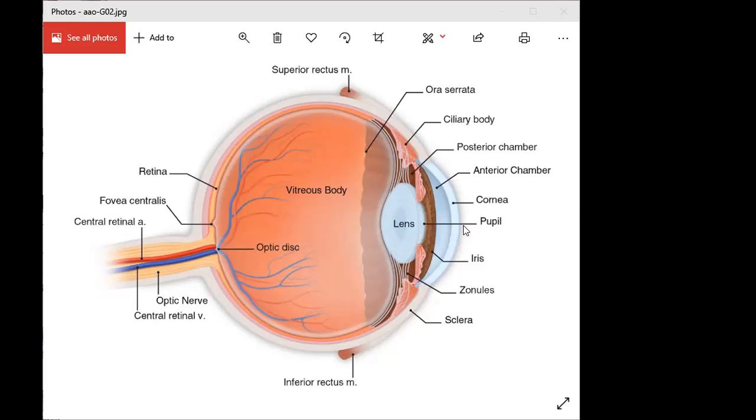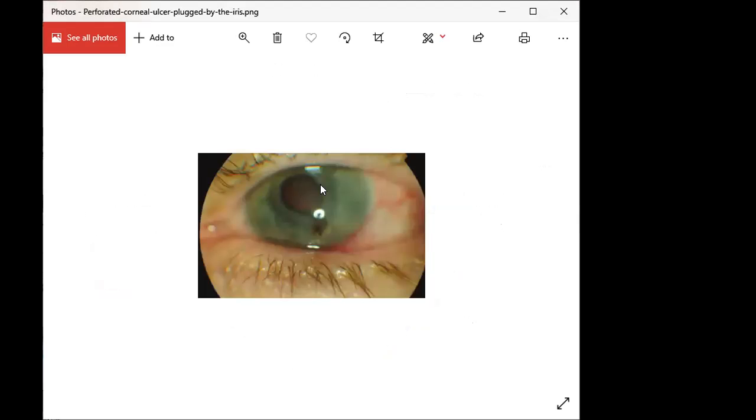Once a descemetocele is formed, it is very dangerous because a single cough may lead to rupture of the descemetocele and rupture of this ulcer, or perforation of the cornea, complete perforation of the cornea. The cornea is completely perforated and the aqueous humor leaks out. Once the aqueous humor leaks out, what happens? The remaining structure is the iris and the lens, the diaphragm made by the iris and the lens. This iris and lens will form a plugging-like structure, which further will stop the prolapse of the iris outwards, right?